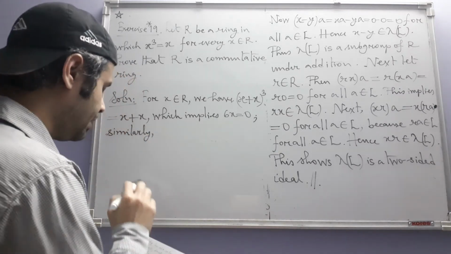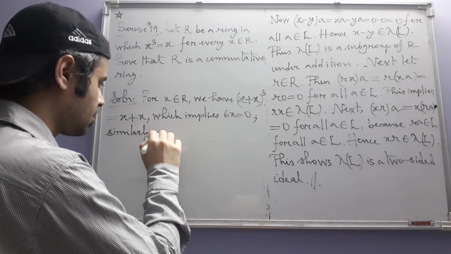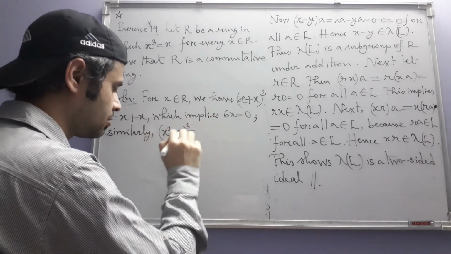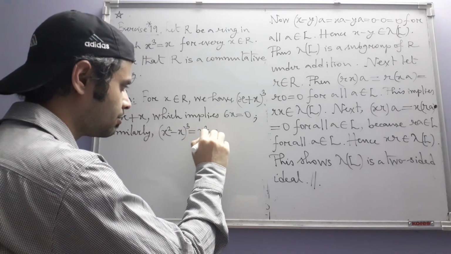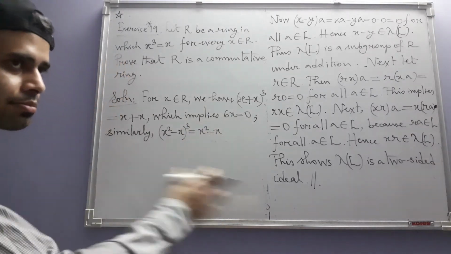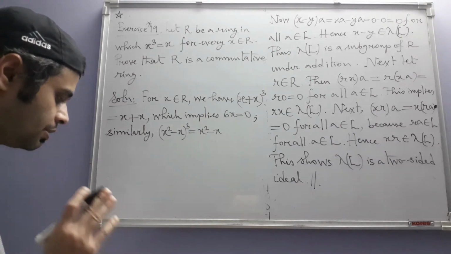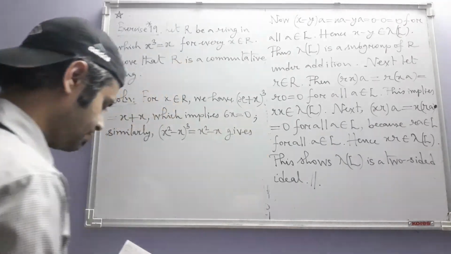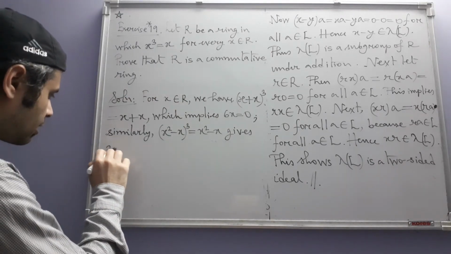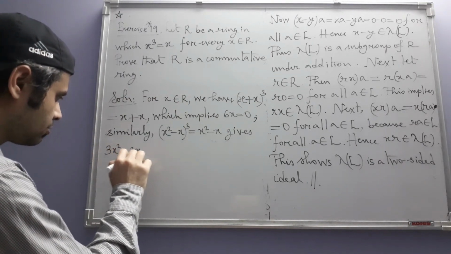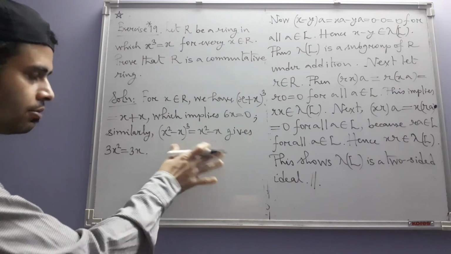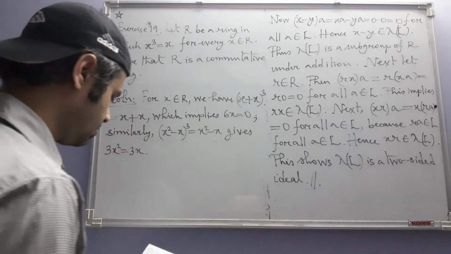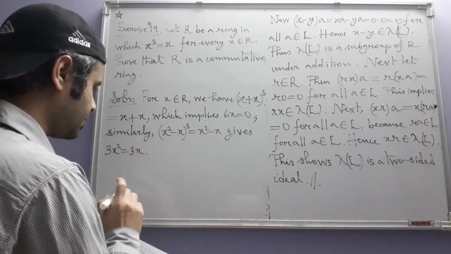Similarly, in place of x plus x, now if we take x square minus x, its cube is also equal to itself, and if you expand and do all the calculations, you will get this. This gives 3x square is equal to 3x. I want you to actually carry out the calculations and see that you get this. Okay. Now next,